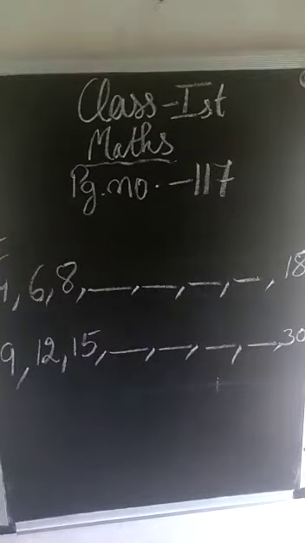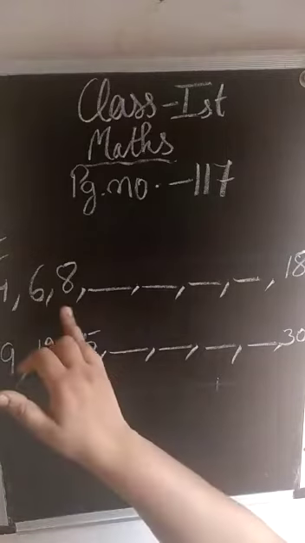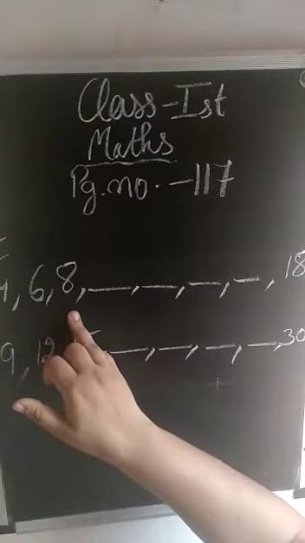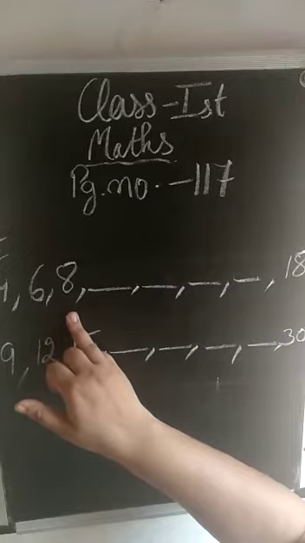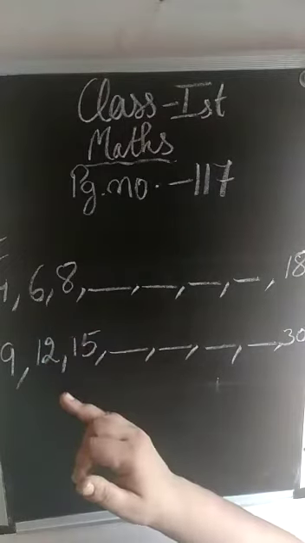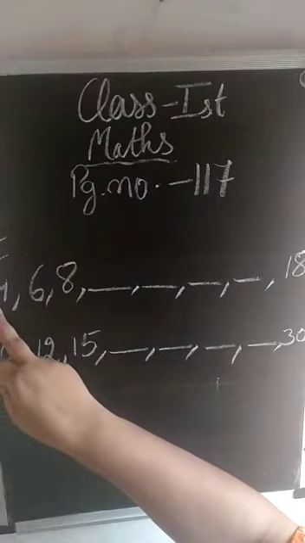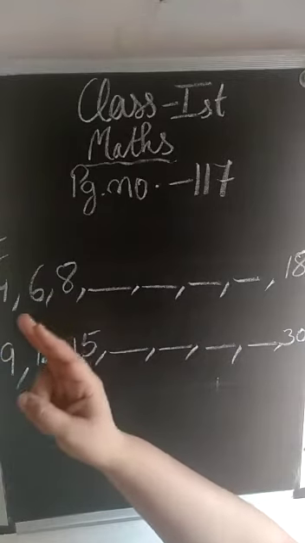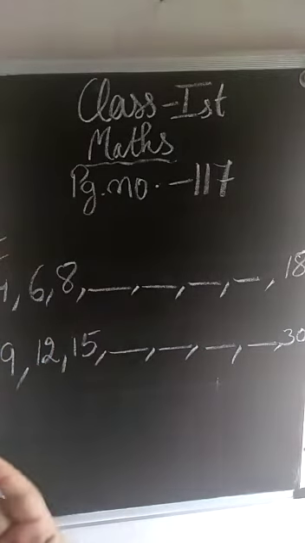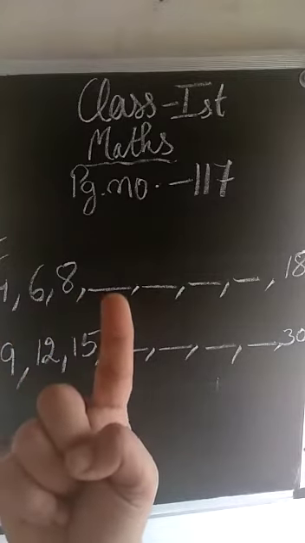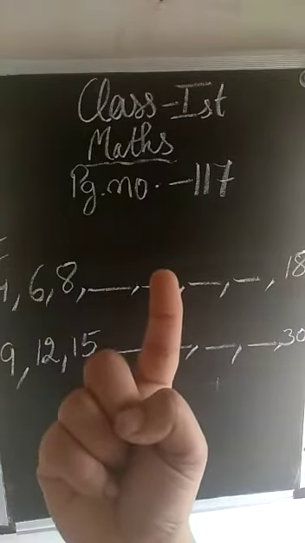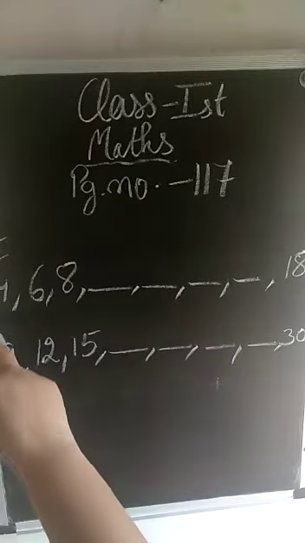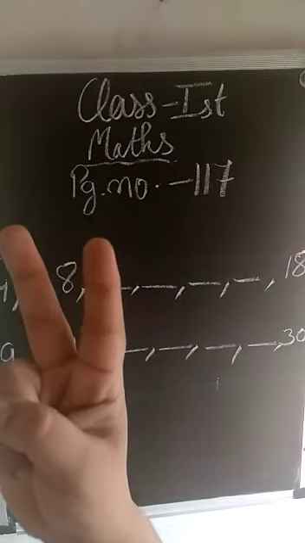How to find which table or which missing number, in what sequence we should continue with the missing numbers? For that we have to observe these given numbers and understand the sequence of those numbers. And what will we do for doing that? At first the number given is 4, so we will continue saying the numbers after 4 and we are supposed to raise our fingers. How? See, after 4 which number will come? 5. So I will raise one finger for 5 and 6. Means from first to second number I have raised my 2 fingers.